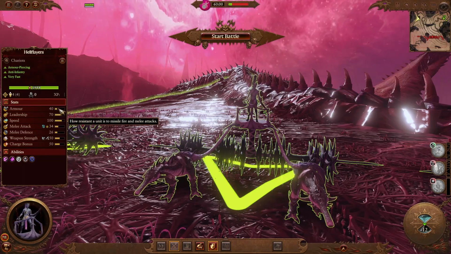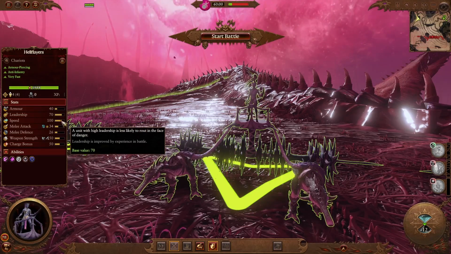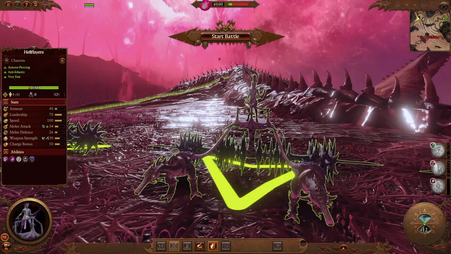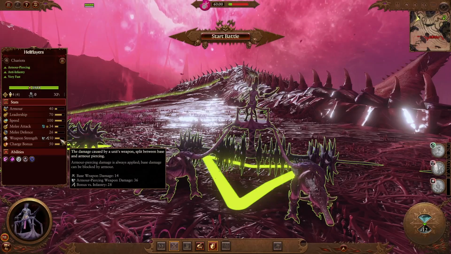We have 40 points armor, so the Chariot armor still stays the same, also on the low end for most of the Slaanesh's roster. We have a little bit of improved leadership, same 100 point of speed. We are still poisonous and magical because of the Daemonette plus the Hellstrider combination. Not a lot of melee attack, not a lot of melee defense, but the weapon damage is huge, with most